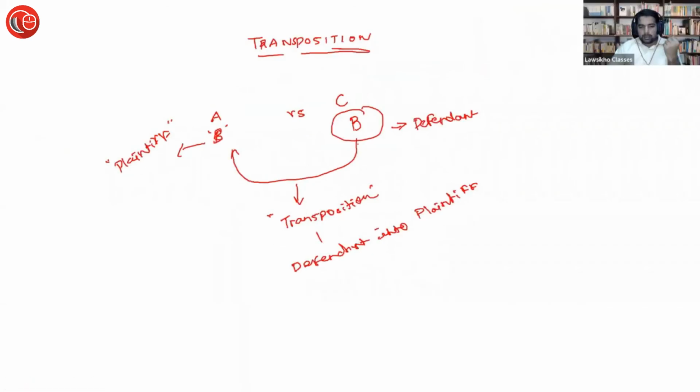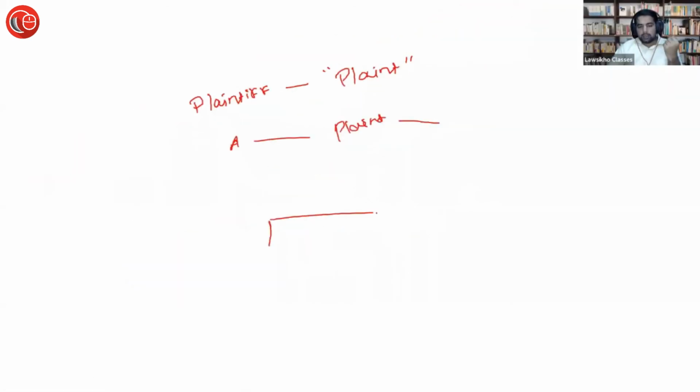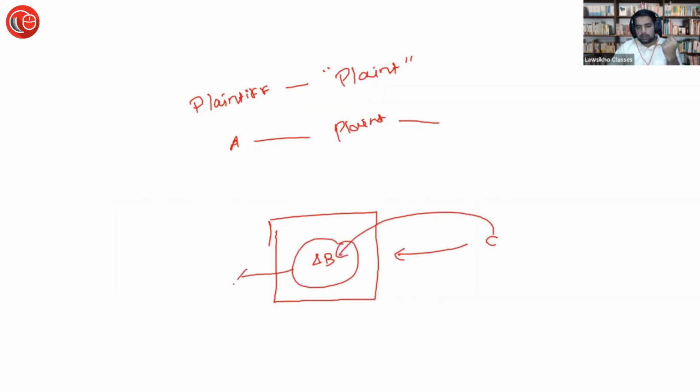वो एग्जांपल सिंपल है. एग्जांपल वो ये है कि ये प्रॉपर्टी है सपोज इतनी बड़ी, इसके जॉइंट ओनर्स A और B. C आता है, C A और B को किक आउट कर देता है. फाइन. तो अब क्या होता है कि A says that I want to file a suit against C. B बोलता है बॉस मुझे मत धकेल इसमें, मुझे नहीं आना इसमें, you file a suit. तो A says that fine, I will file a suit against C.